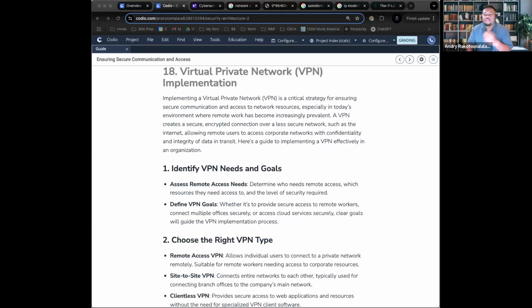All right, VPN. A VPN is something that's really important for you as a cybersecurity professional to know, because I always like to define it as a tunnel. A VPN is a secure tunnel over a public, private, or untrusted network. That means no one can see the actual traffic. It encrypts all the data that's being transmitted between two users or two devices so that someone can't see in between them.